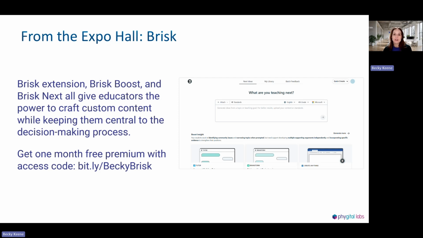So what Brisk does a really great job about, and they talked about this a lot at FETC in the booth, which I visited, they talked about how teachers really are in control. It's not just that the teachers are going to click a few buttons and generate a lesson plan and go teach that to their students. They're in the driver's seat with Brisk Boost and Brisk Next, being able to control and refine exactly what they